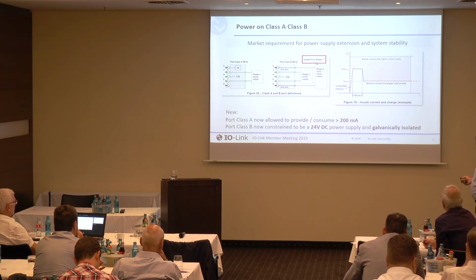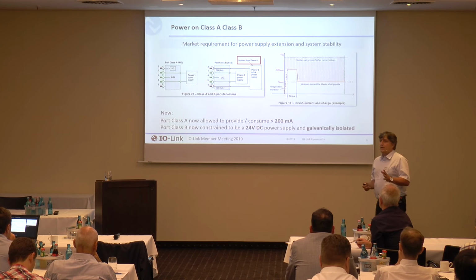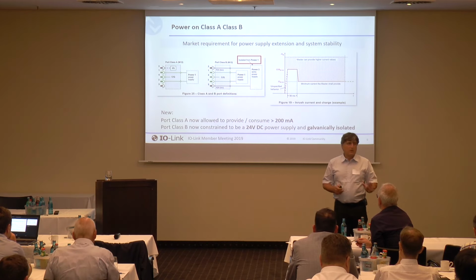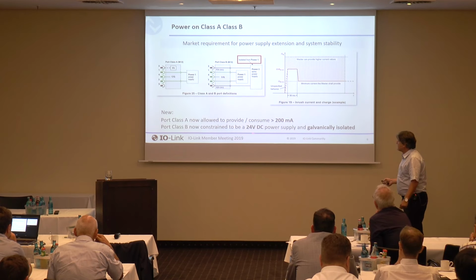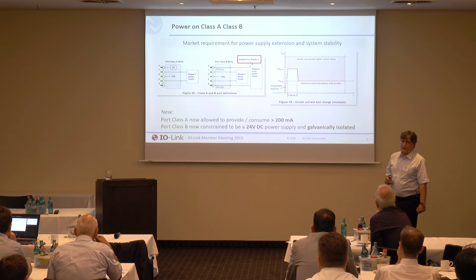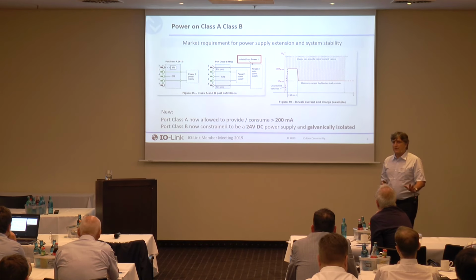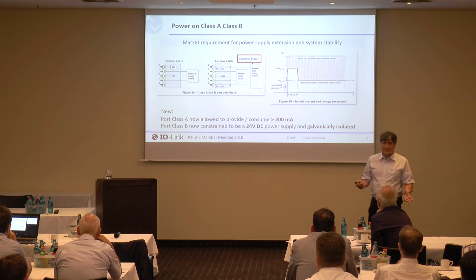And the other thing we changed is for port class B. Port class B was not well defined in version 1.12, but now it is well defined. And it says, okay, two things. One, it's a 24-volt DC supply. That was not very clear in the former specification. And the other thing is that there is a constraint that it has to be isolated from power 1, which means galvanically isolated. That was also not that clear in version